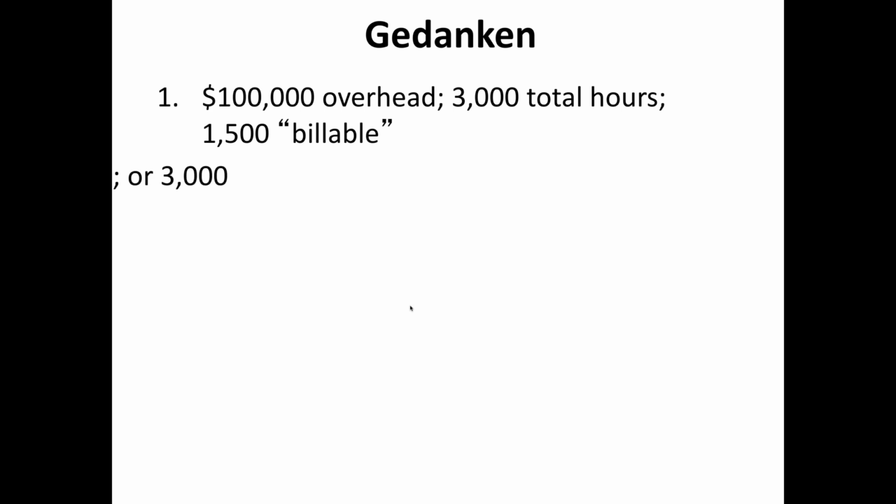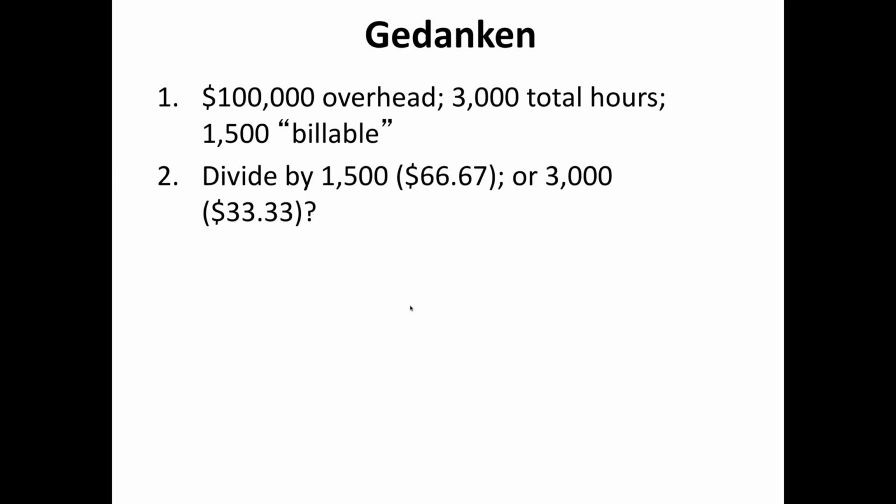So let's say now, first off, we're confronted with the first problem. Do we divide the 100 grand by 1,500 hours of billable time, or by the 3,000 hours that you're going to work? Because notice that depending on what we divide it by, we get a radically different number, right? But let's stick with the theory of the billable hour and divide it by the 1,500. Notice there's no profit in the 100,000 because that's opportunity cost and has nothing to do with cost accounting.